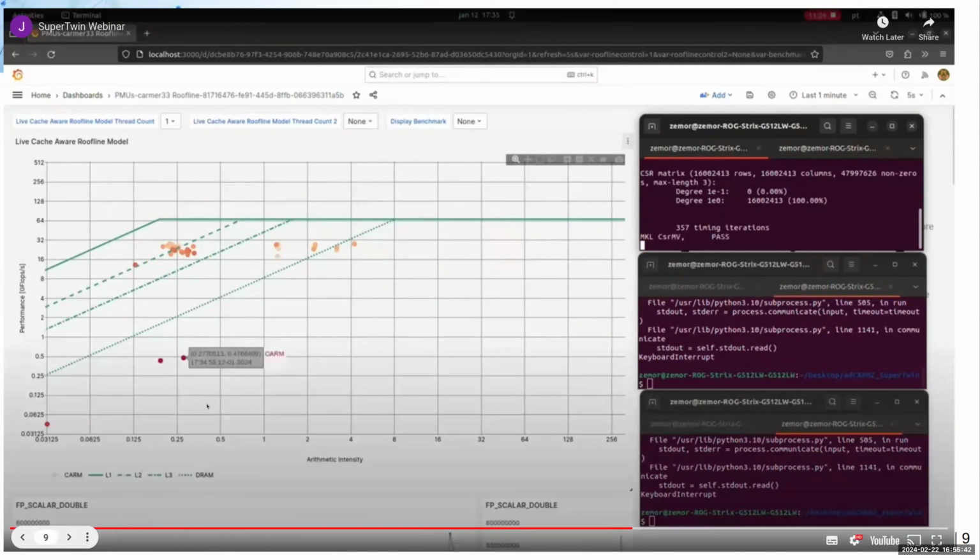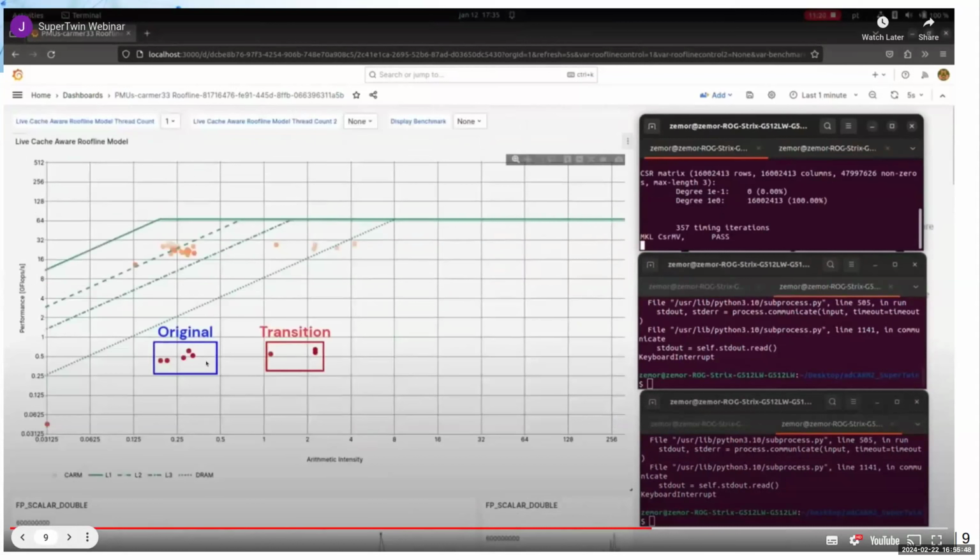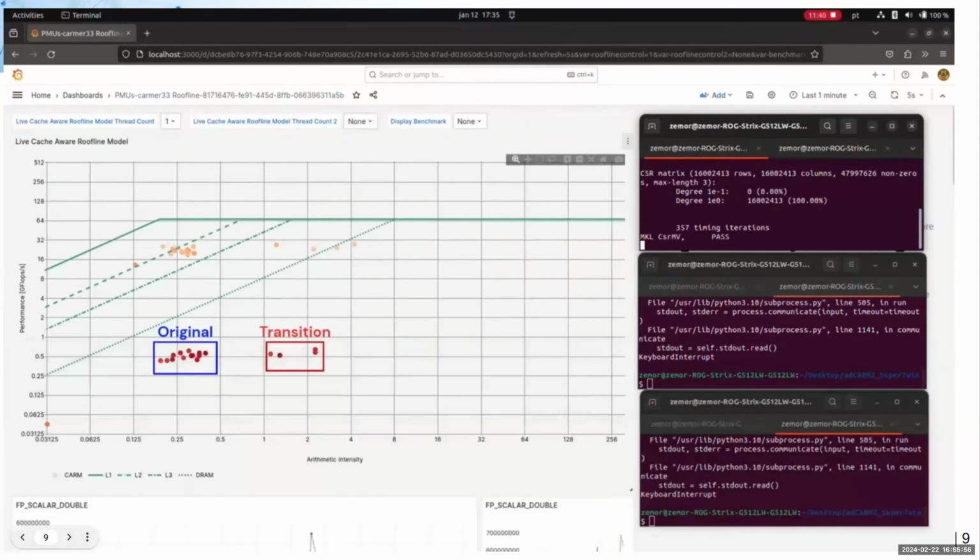Here we go. So as you can see, the new dots have moved over here. So in blue, we have the original performance, and here in red, we have the transition phase. So basically this SPMV algorithm first has a transition phase where it reads the matrix and converts it to a particular format to then execute SPMV. So that's the result for those dots. But as you can see, while it runs, new dots are being formed inside the blue box, which basically corresponds to our average